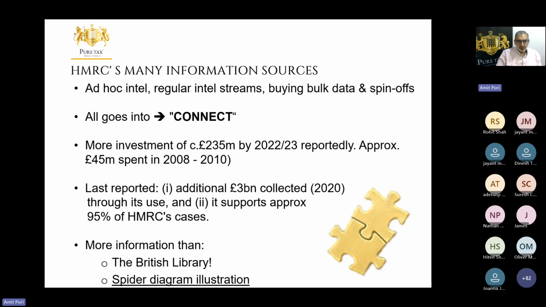They also buy information in bulk, and sometimes they get bulk information for free. It depends where people manage to get their hands on these things from. And other information comes from live inquiries, live investigations, so spin-offs, if you will. And of course, regular intelligence streams. This is information that comes in every year automatically to HMRC and has been doing for a very long time. This is not Schedule 36 information that HMRC have called for in an inquiry. This is banking data. This is data from other government departments. This is crypto-related platforms that will be sharing automatically, but some have been compelled already, so that information is there. I'll give you an example of that shortly.